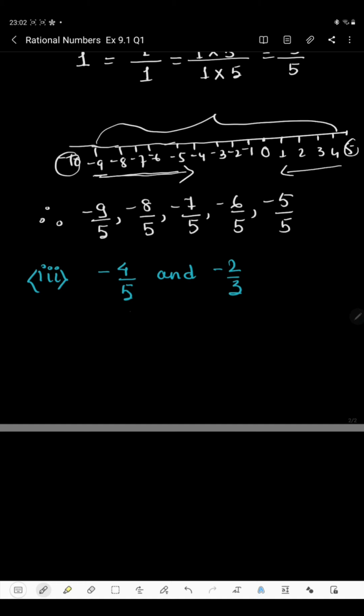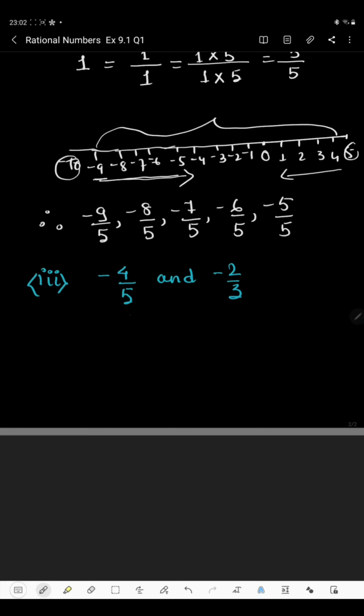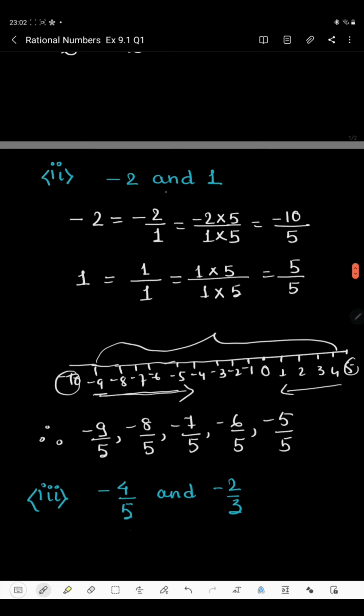So here we have got the denominator. So what we have to do, directly we will just make the denominator same. In the previous cases, where the denominator was not given, we considered it as 1, then we took any number to multiply, and we took the same number to multiply the numerator. In this way we got the same denominator.